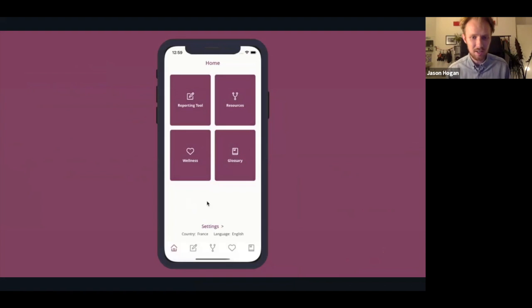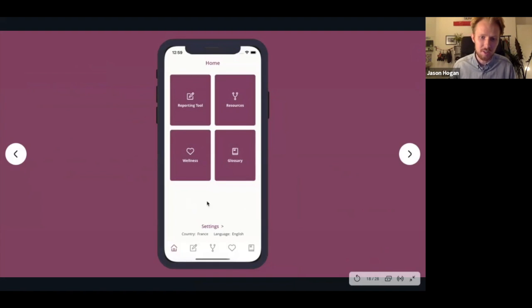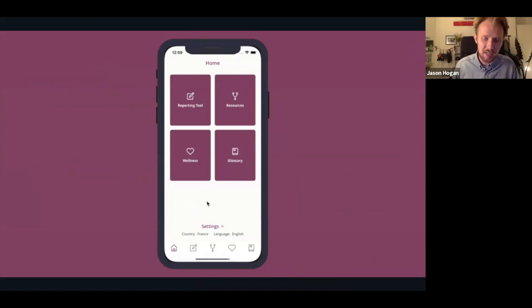This is Athena. We have a little video demo here. As Jess said, it's very much an initial prototype version, but hopefully you'll get the idea of what we're trying to do. So this is the home screen, and it shows the four main features in the app,